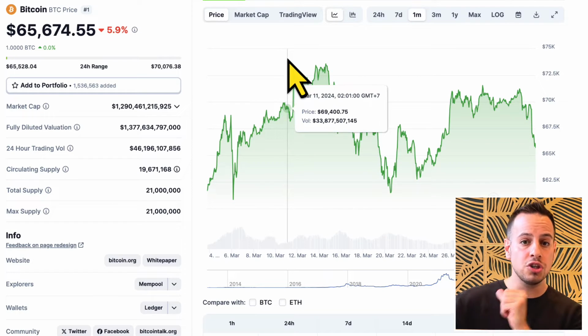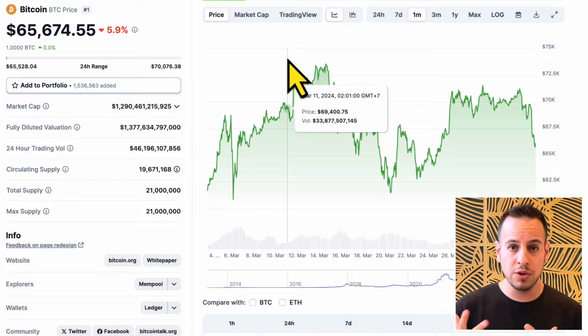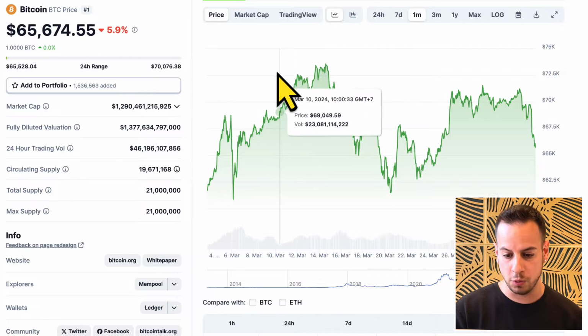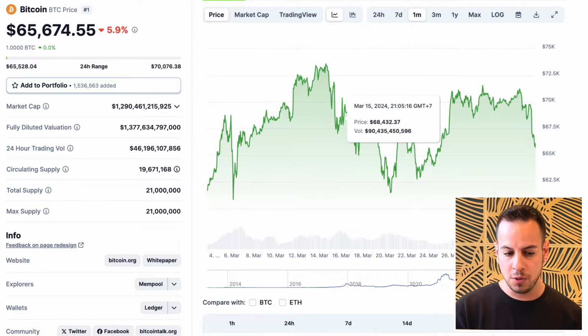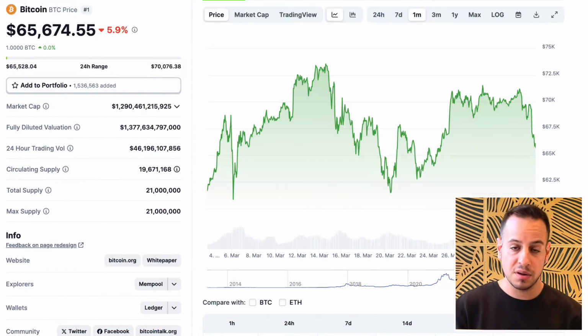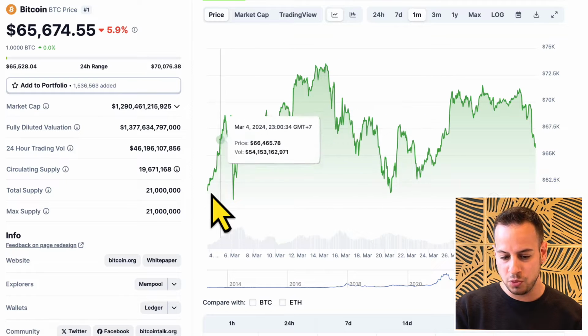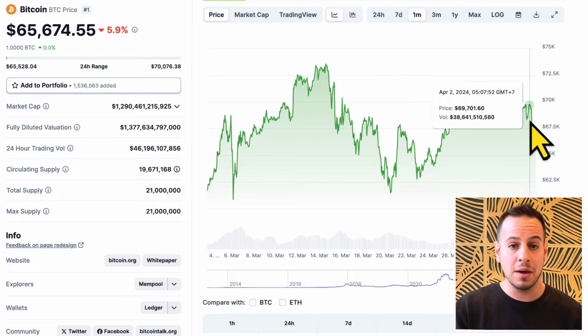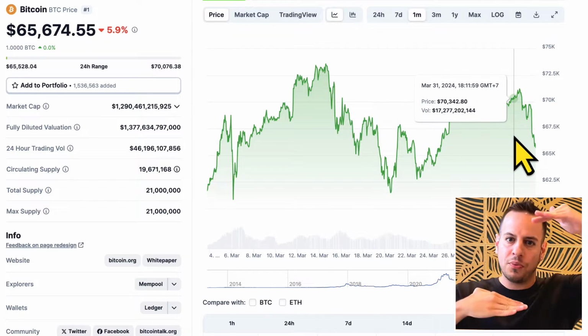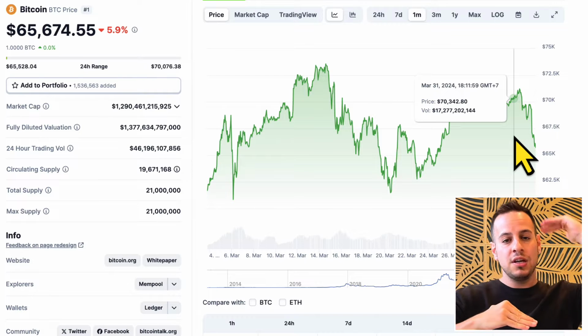So unlike Uniswap version 2, in version 3, we have something called concentrated liquidity, which means that you set a price range. When you provide, let's say, liquidity for Bitcoin and stablecoins, let's say USDT or USDC, you put a range where your liquidity will be used. For example, if we look at the chart of Bitcoin in the last month, we can see that the price chart of Bitcoin is going between 60 to 70K most of the time. So a good price range would be from 60 to 70K.